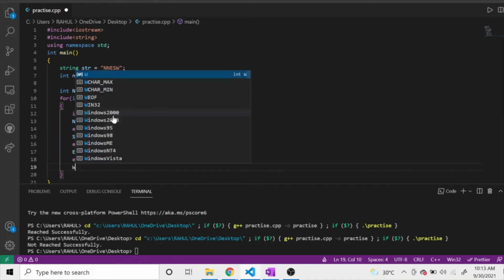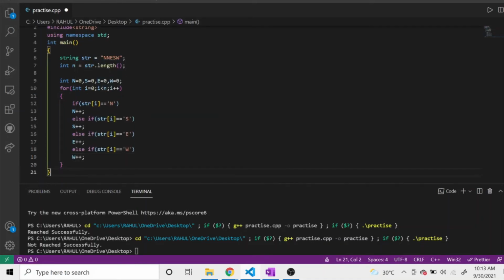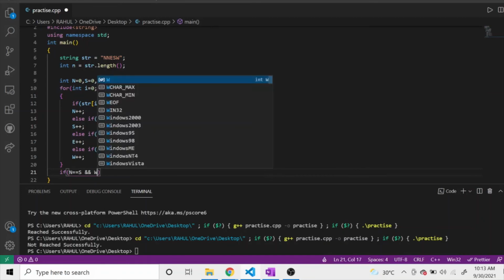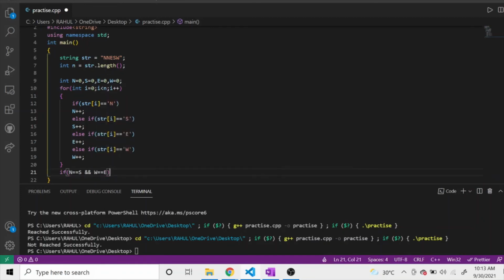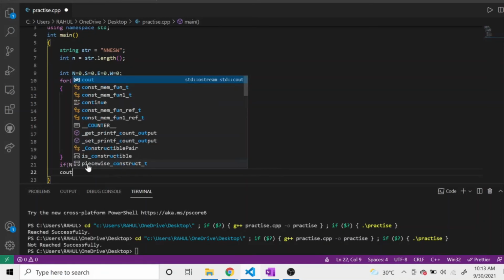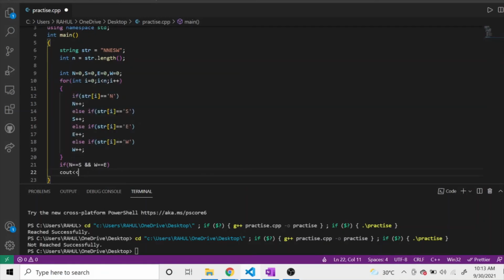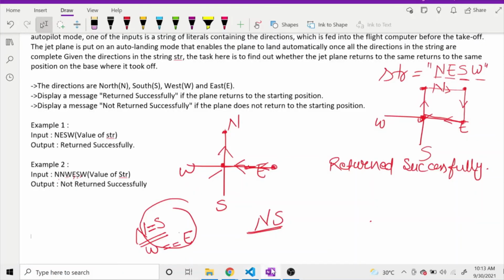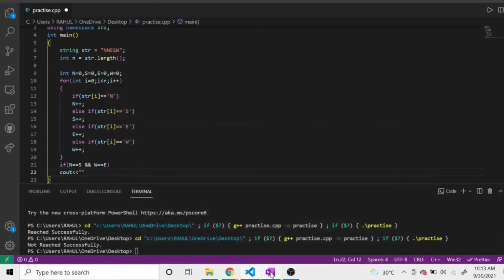What we have to do next, after this whole loop runs, is we will have the count of the number of steps that we have traveled in each direction. So we will finally compare: if our number of steps in north is equal to number of steps in south, and also if our number of steps towards the west is equal to number of steps towards the east, then in that case we will say that we have reached our correct position, that is, as the problem statement says, we have returned successfully.